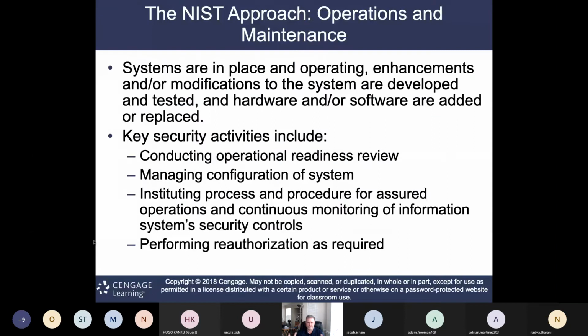So it's live. We're running. Now we got the support team, right? Systems are in place, but you may need to do modifications in the future. How are they developed, tested? How are hardware, software added or replaced, right? So this is that operations and maintenance phase. So you'll conduct readiness reviews. You'll manage the configuration of the system. So you'll have a system configuration and